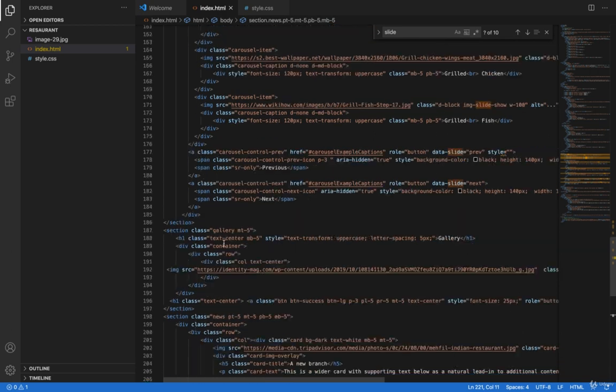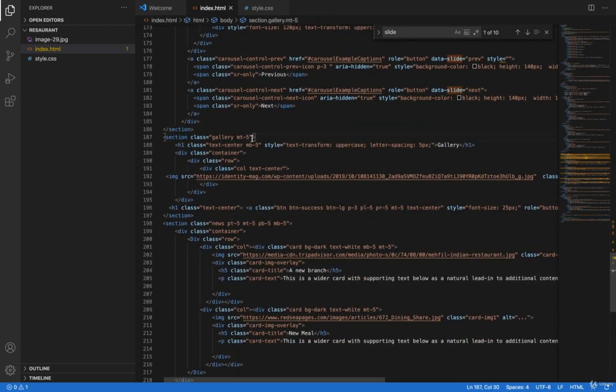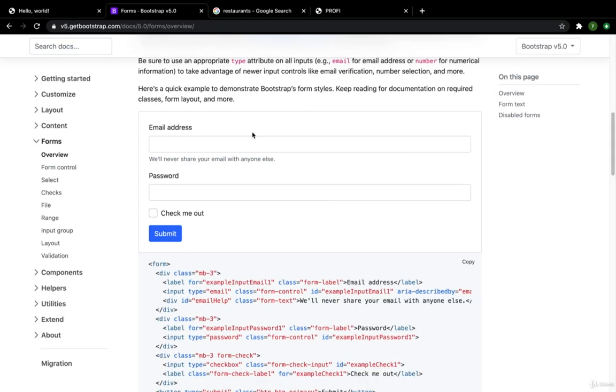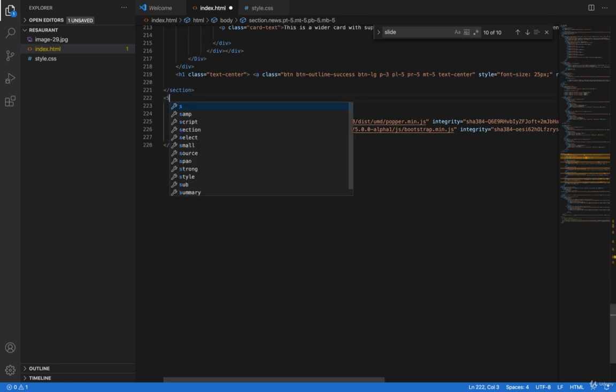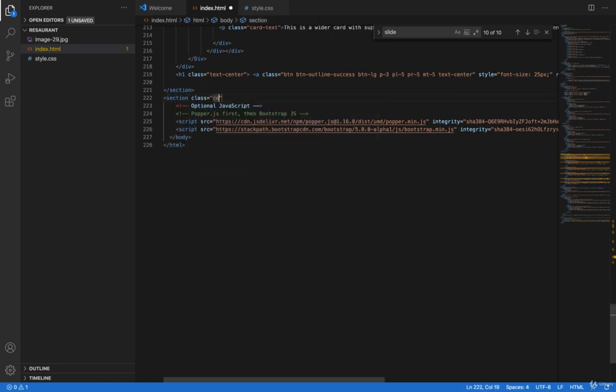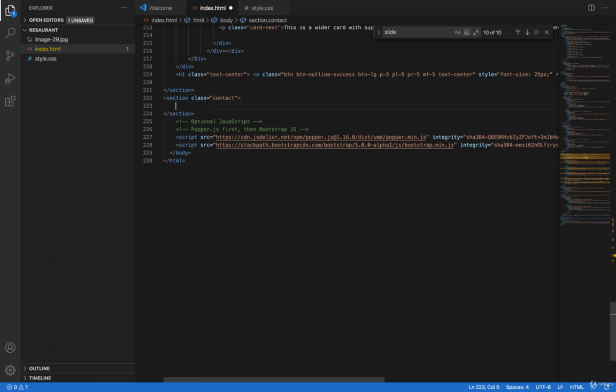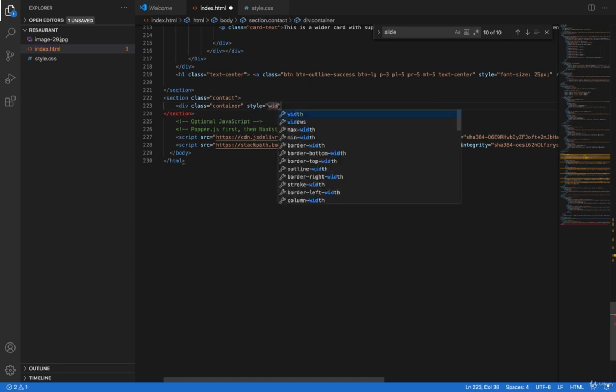I just want to add here padding bottom of 5. Okay. So here I have a section with a class of contact, and a div with the class of container with a style of width